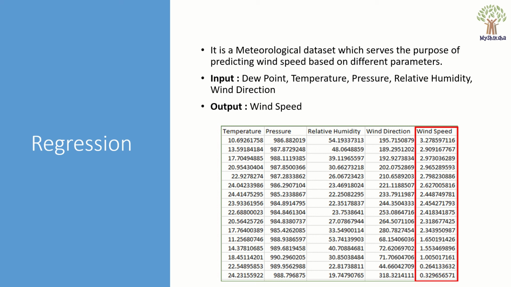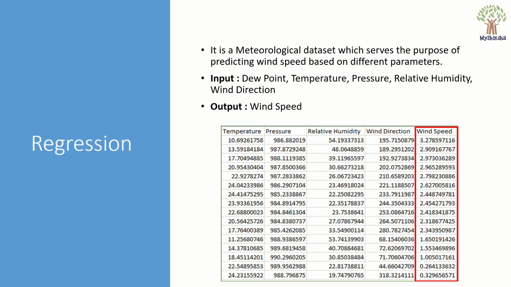We have different types of regression algorithms which we will cover in a future lecture. But to quote some here, linear regression and logistic regression are some of the regression types. So what we are trying to do is say y is equal to f of x. I'm just going back to the old regression formula. So f of x, here let's say for example we are considering 4 variables that are mentioned in the table. That means f of x1, x2, x3, x4, where x1 is equal to temperature, x2 is equal to pressure, x3 is equal to relative humidity, and x4 is equal to wind direction. Now y is equal to the wind speed.